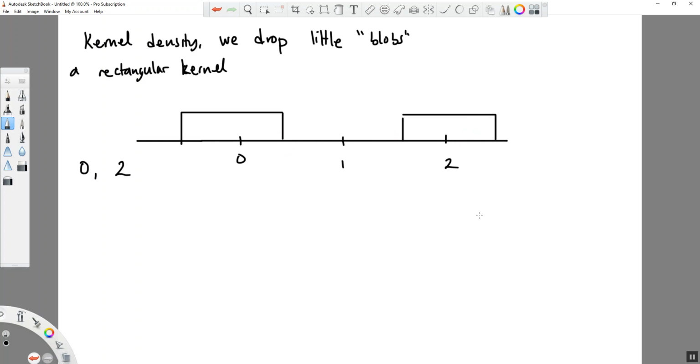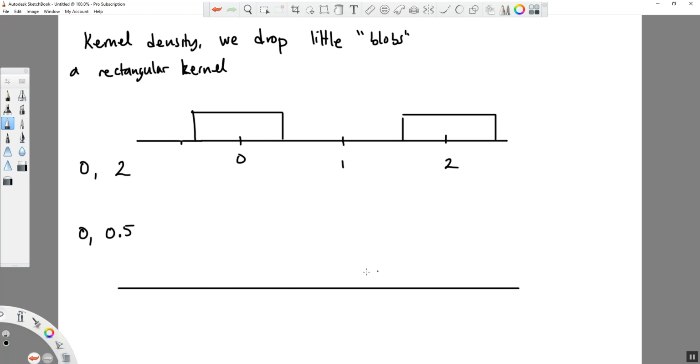This is what it would look like with a rectangular kernel. A kernel is basically just a shape, and what makes the kernel different from a block is that the shapes can stack on top of each other, okay? So if, instead of kernels at 0 and 2, I had data points at 0 and 0.5, what would happen here is that I would have